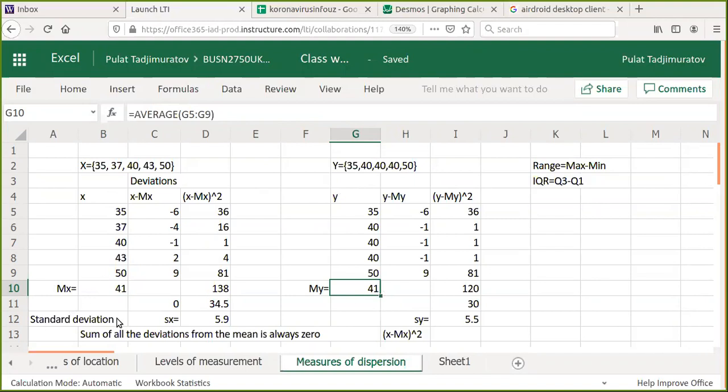So when you are describing your data, if you only tell someone the mean value, the range, the median, it is also the same. As you can see, it's 40. The range, the median, and minimum and maximum numbers, that person will not be able to know if you are talking about x or y, because they have the same mean, same median, same minimum maximum values, same range. But there is a difference between them, and